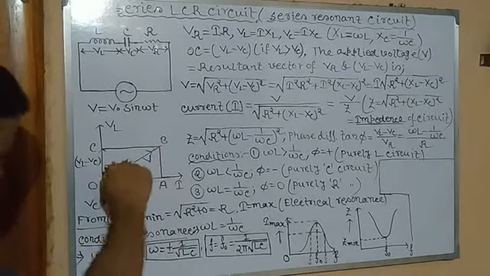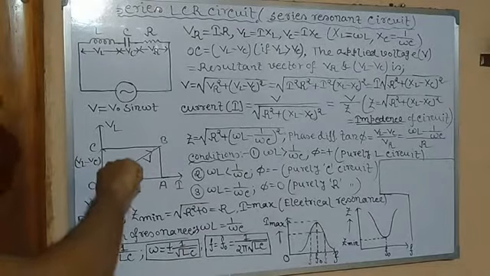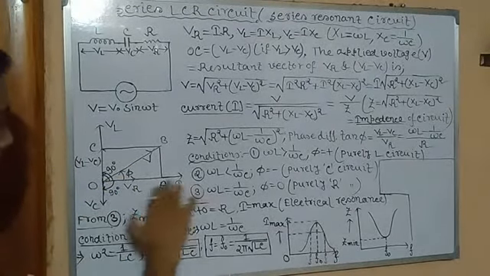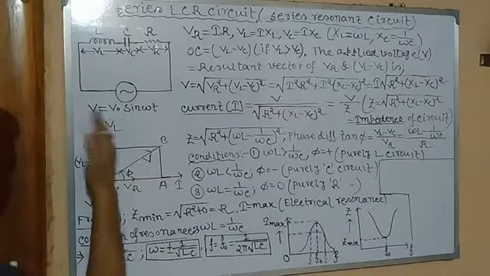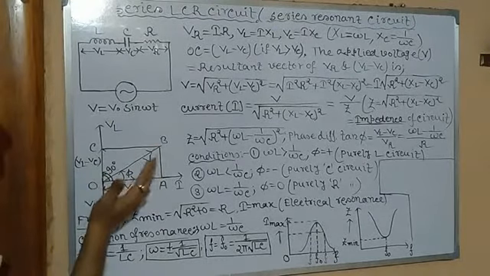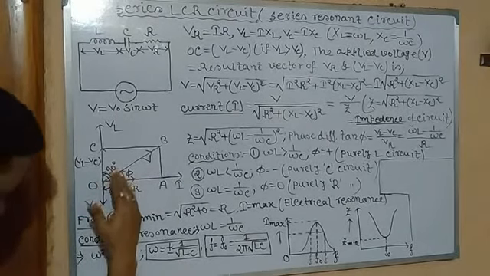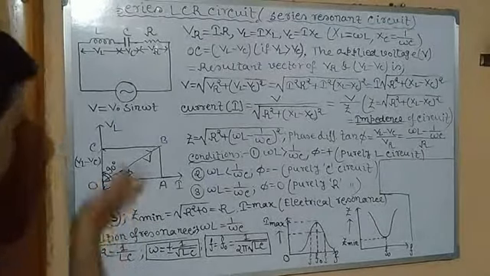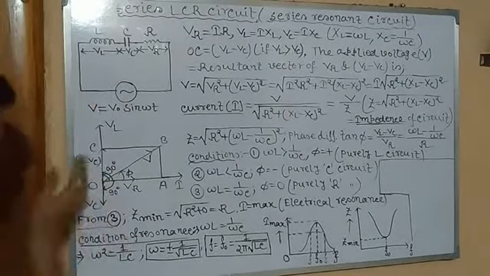So we have to draw by rotating the angle 90 degrees in the clockwise direction. So this is VC. Very easy. VR and I in case of a resistive circuit are in phase, they lie in the same line. In an inductive circuit, voltage leads the current by 90 degrees, whereas in a pure capacitive circuit, current leads the voltage, or voltage lags behind the current by 90 degrees. That is the phase difference, and phi is the phase difference. So now you can see VL, VC, VR.